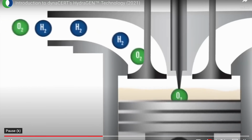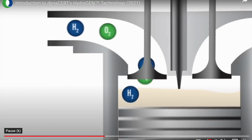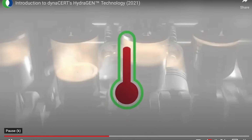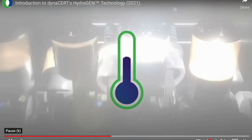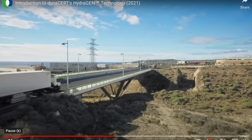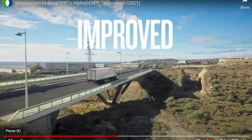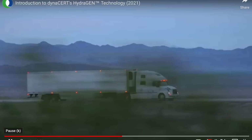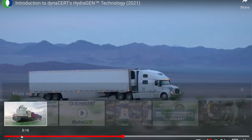Introducing hydrogen gas into the air intake of the engine creates a faster and more complete combustion. This results in a lower combustion temperature, reducing NOx production and lowering other carbon emissions. It also results in the added benefit of improved fuel economy. The faster and earlier burn in the power stroke means the Okay, so we're not going to watch the full